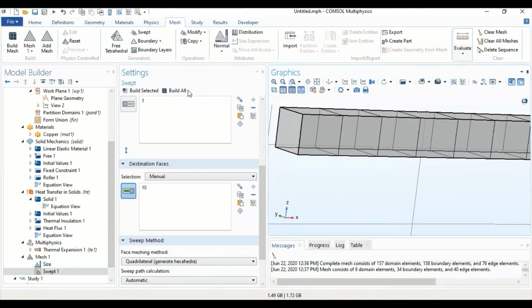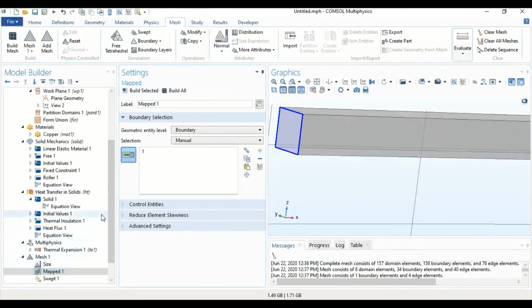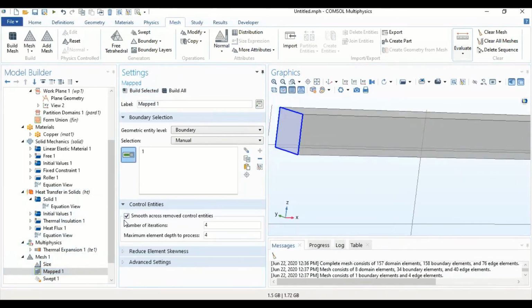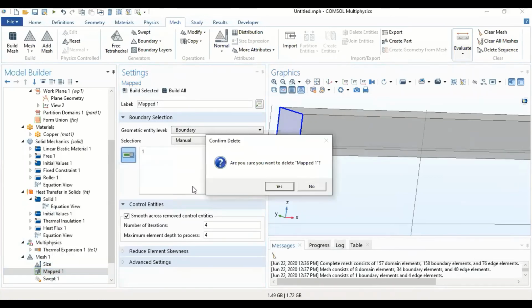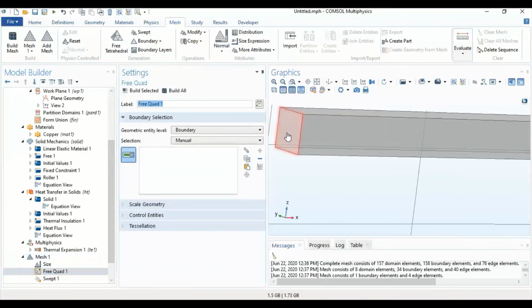Now I have my quadrilateral mesh. Let's first use another feature called map mesh. Move it before the swept here. I can use the map mesh on this face. Oh, no, this is not what I wanted. Sorry. Yeah, free quad. Let's free quad this face first,